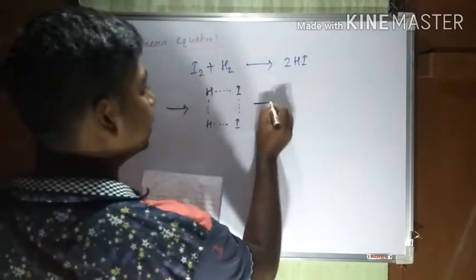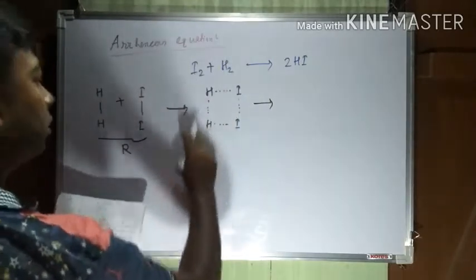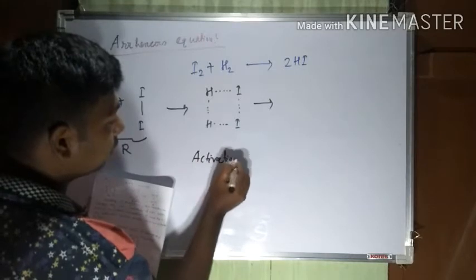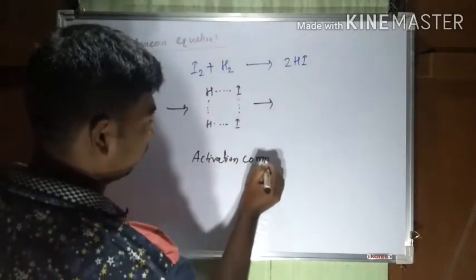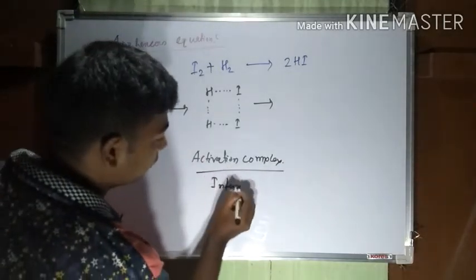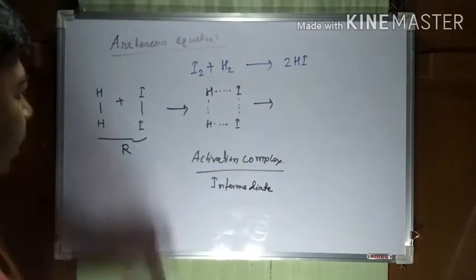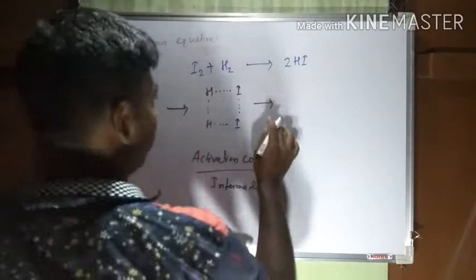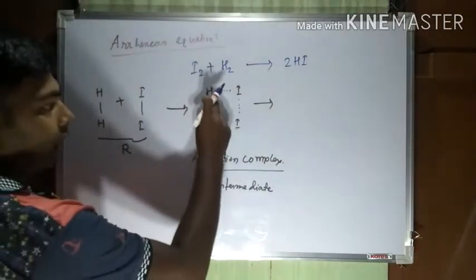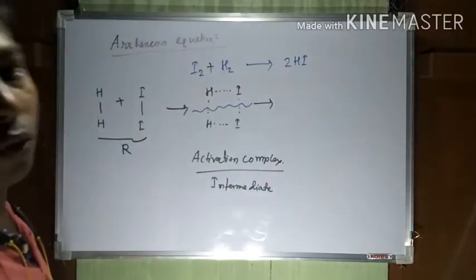Now see, this is the intermediate step, and this type of molecule or complex is known as the activation complex, and simply as the intermediate. It is in an intermediate position between the reactant and the product. Now we are writing the product. Second thing, the bond between hydrogen and iodine is partially or completely broken and forms